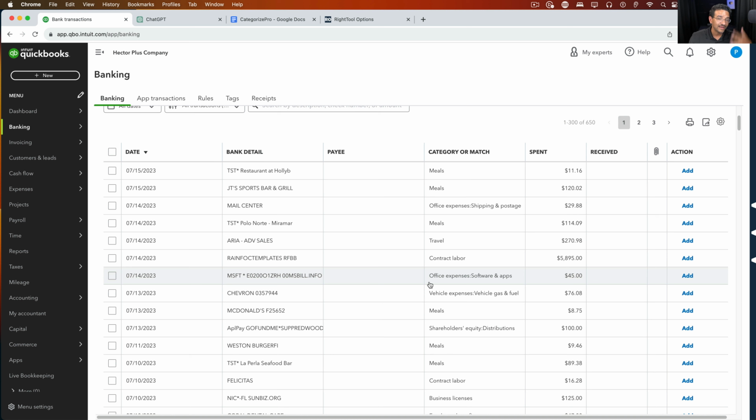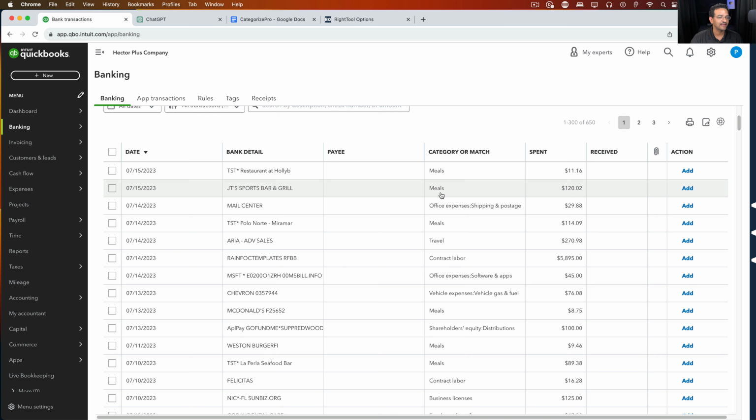And the minute I download transactions from my banks or credit cards, QuickBooks will start suggesting categories for me. I would say 70% of the time, and don't quote me on that number, QuickBooks suggests things that make sense, and the other 30% is just completely wild. And this is where potentially ChatGPT could help. Maybe ChatGPT doesn't help. This video is going to explore that.